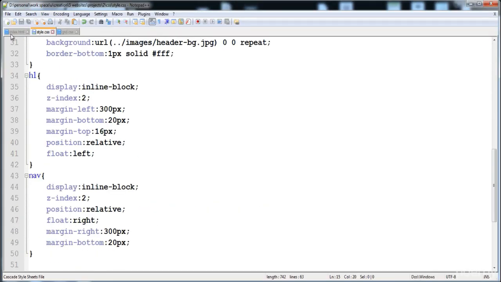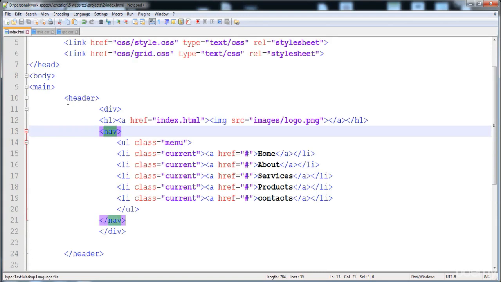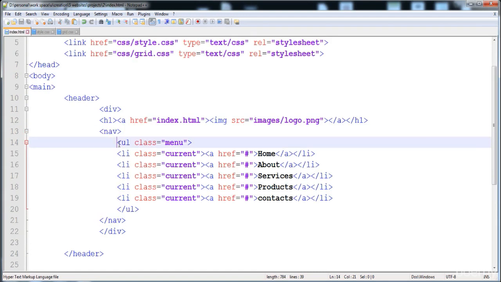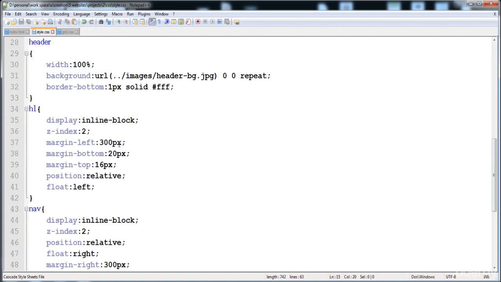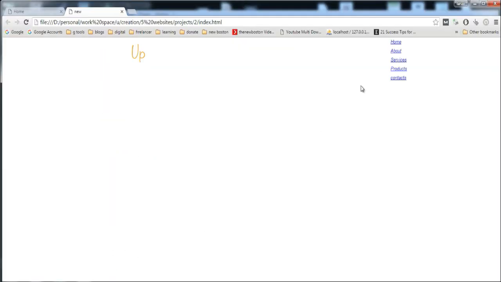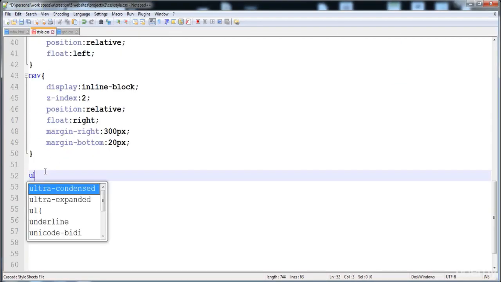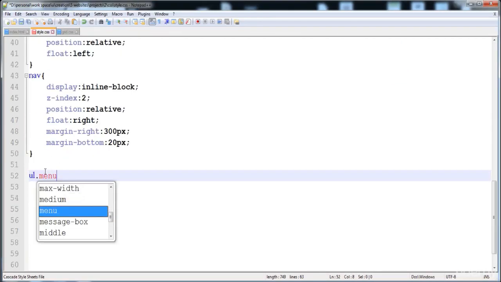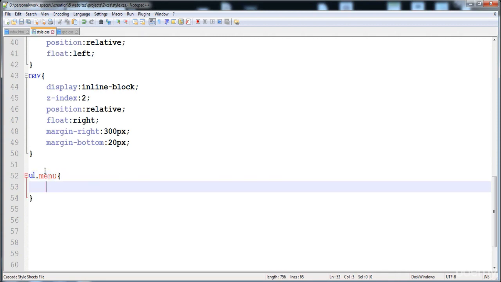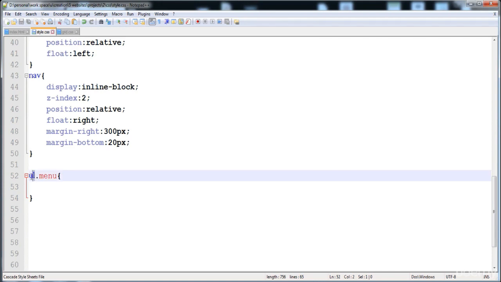And now here I'm gonna apply the style on the UL. First of all, I'm gonna give the margin on the top side of the UL, a little margin, and here I'm going to write ul.menu. And here I want to tell you something, that whenever we write the element name and then we have to write its class name, don't add the space between the element name and the class name, because